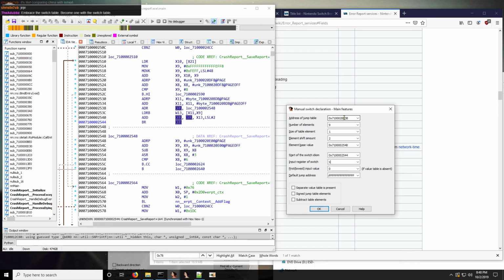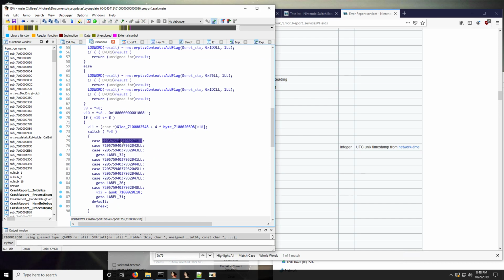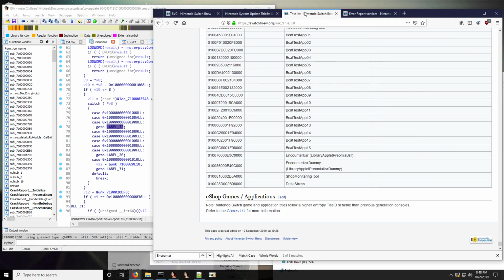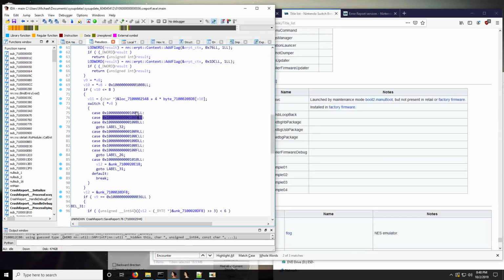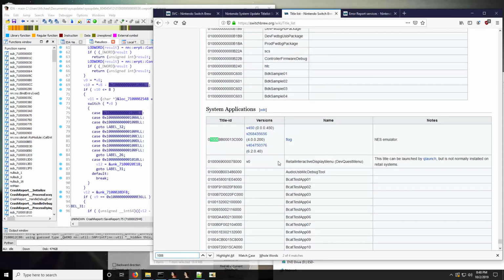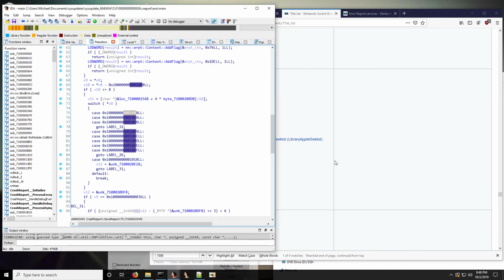Input is x9 at the time of this. Default jump address is 7100002590. Basically it switches on the title ID, and these are applets. This is like web applet. This is something else. Yeah, if it's software keyboard or it's